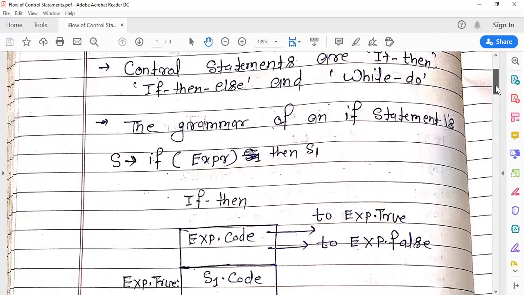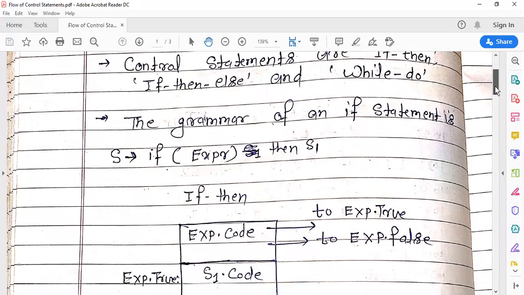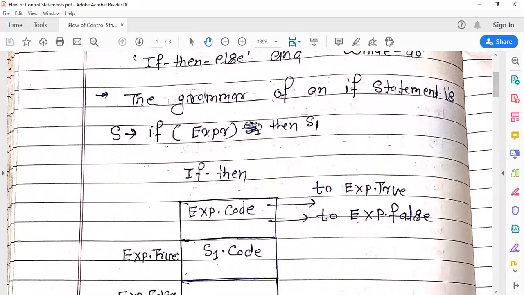With the help of this grammar and semantic rule, the compiler can generate the intermediate code for the flow of control statements. You can see here the grammar for an if statement is S derived if expression then S1. This is the grammar used for the if statement.